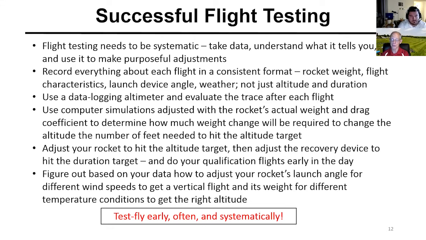You can't make a parachute descend longer if it's fully deployed and it's still not staying up long enough. You need a bigger parachute. You can also, if you want to increase recovery speed and reduce your duration, cut holes in the parachute. That's irreversible, so that's not usually the best plan, but you can do that. Both that reefing and the cutting of holes are things where the change is empirically determined through flight testing. There is no simulation program that's going to tell you how those will affect duration. So there's a real need for significant flights to get data to make the empirically based adjustments to duration once you get to altitude.